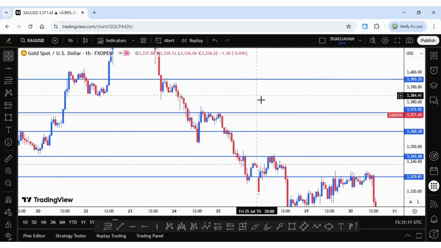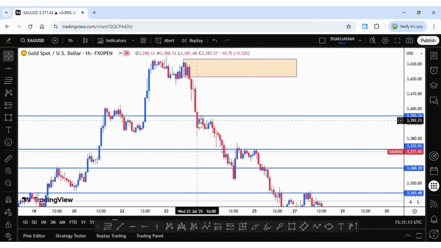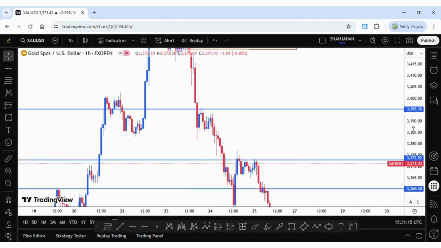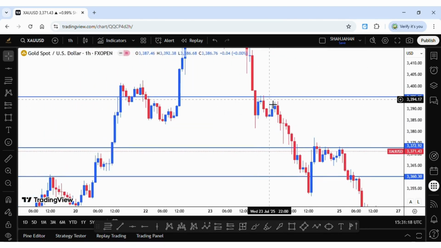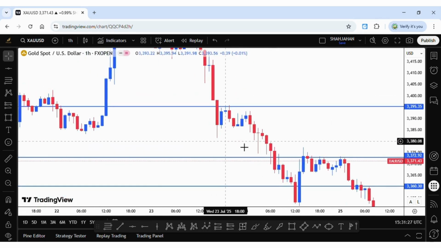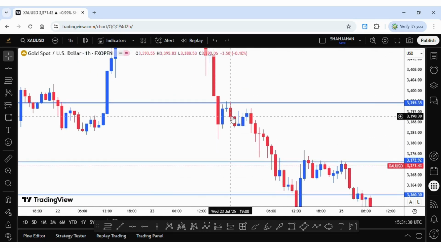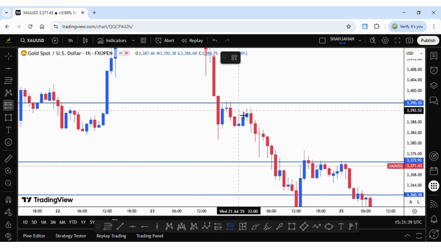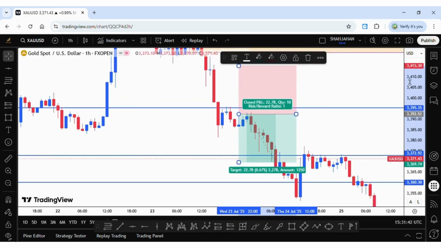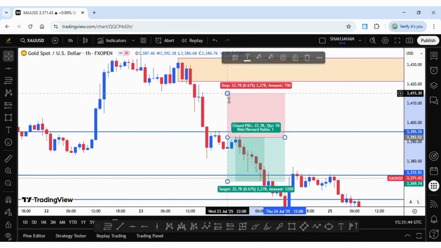As you can see here, here is our first area for the sell. When you see the market did not reach this area and gets a rejection in this area, and the market gave us a sell candle, this is your trigger entry. You have to be alert for the sell trade. So this is your entry, and SL should be just above your bearish order block,